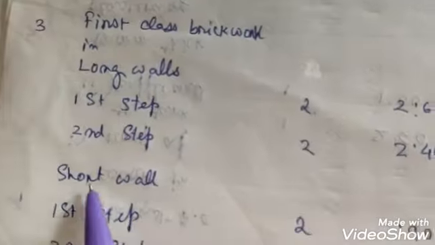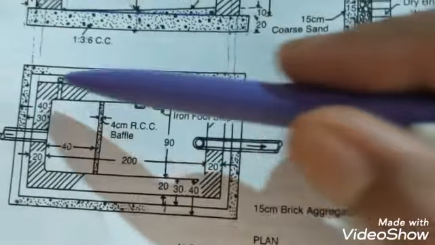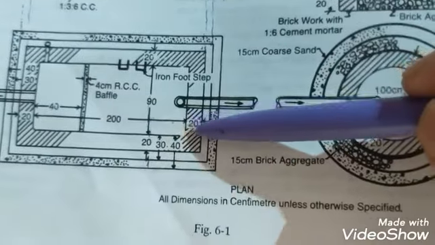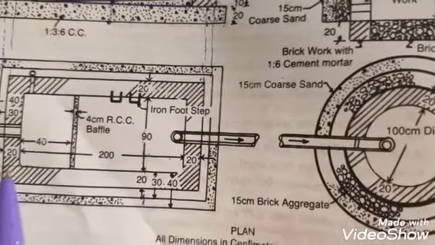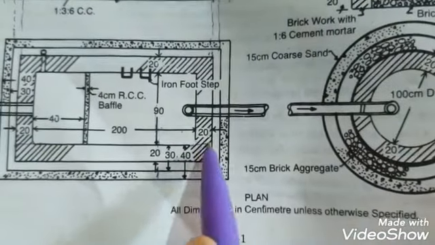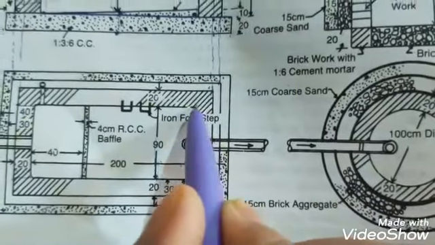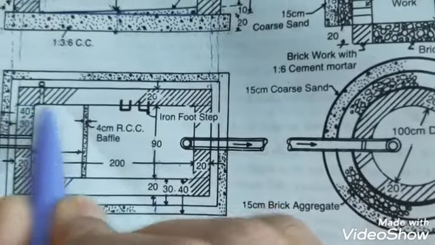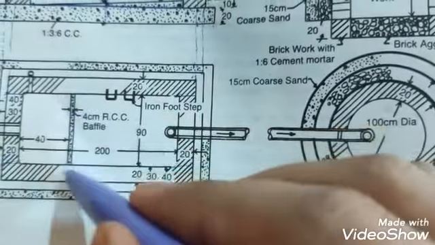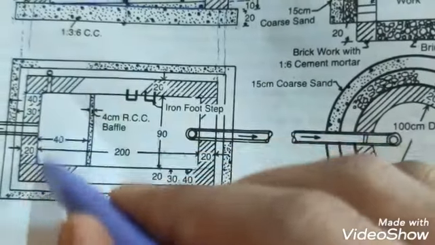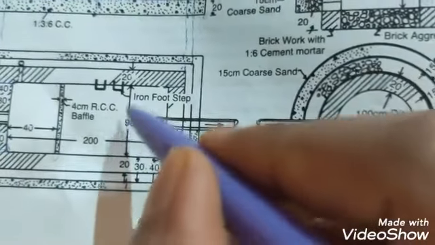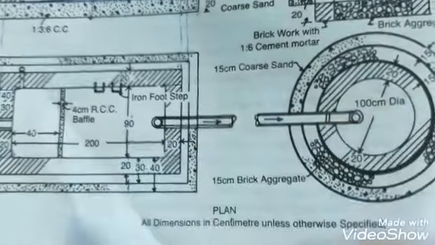Okay. Now let us come to the short walls. So this is the short wall. Long walls we have already taken, and these are the short walls. When we talked about the long walls, we had already taken up to this point. So only the inside dimension is left. From here to here, this portion is left. This portion is 0.9. So length will be 0.9 for the short walls.